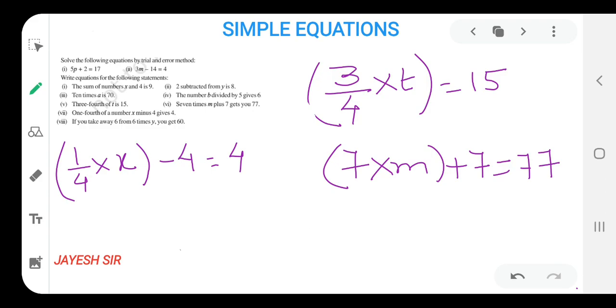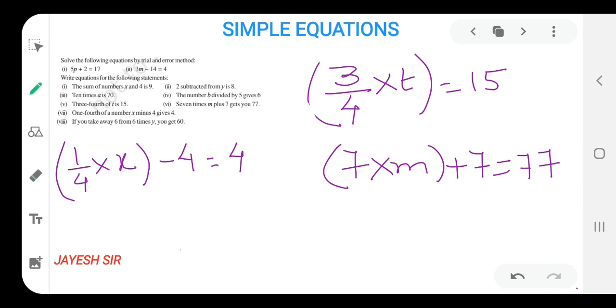This is the most important topic we can say that we need to learn in this chapter, because the students who have reached higher grades are still facing the problem of how to form the equation. So get your basic concept cleared here and see how we are forming the equation. I am not writing from myself. I am just reading, and then only I am writing. So just try to catch the words and try to form it on your own. So I would suggest that you pause the video and try to solve the last sum on your own.